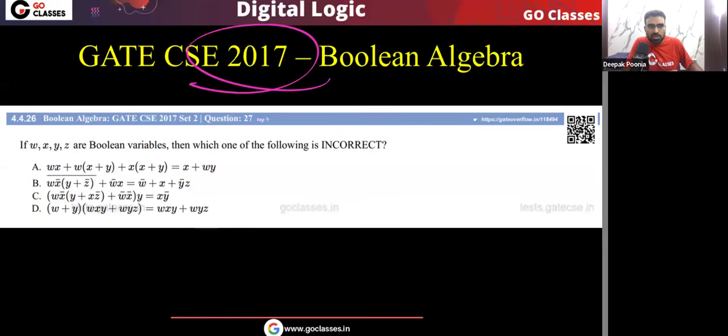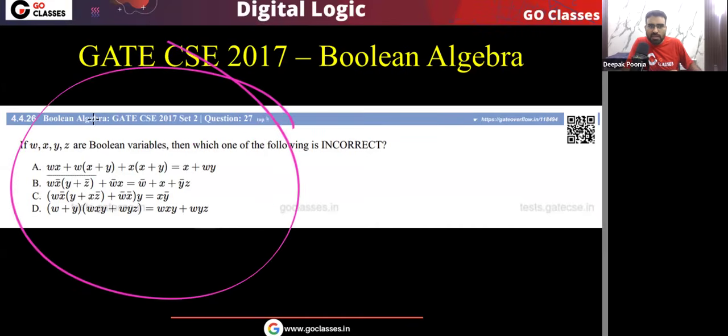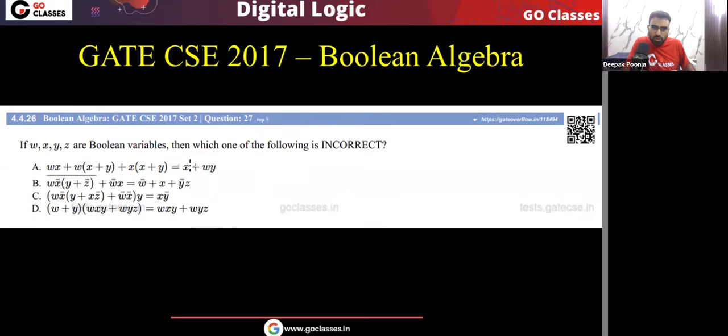In 2017, actually, this was an MCQ question. So once you get one correct answer, then you can stop. But if it is an MSQ question, then it will take a lot of time, because you have to check all the four options, right? Okay, anyway, so let's solve this question by multiple methods. First, we will apply the by-case method, and then we will apply the algebraic simplification, that is using the Boolean algebra laws, we will simplify.